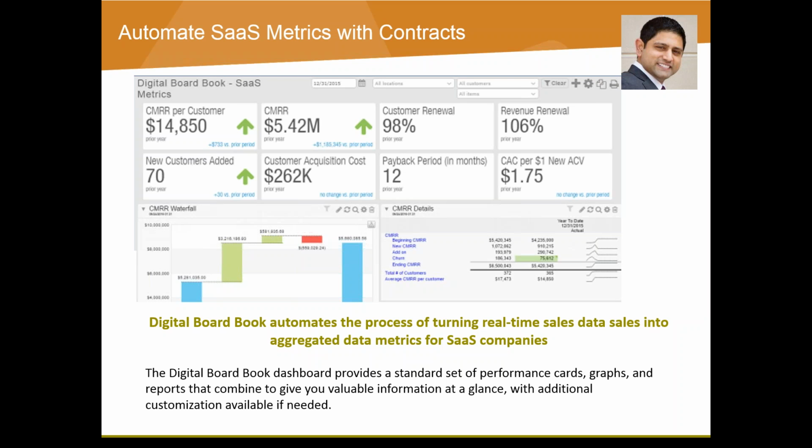What's nice about this board book that Intacct came out with is these formulas are all being updated based upon your real-time sales data. So let's just say I created a sales order and I needed to calculate a part of that sales order.